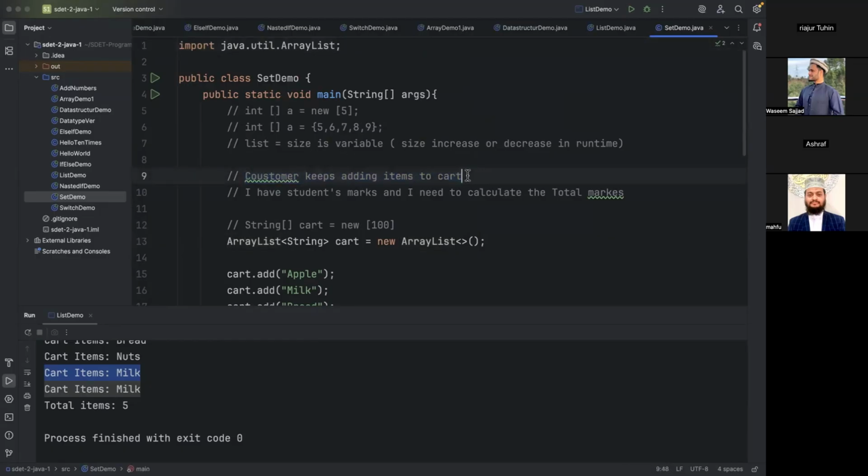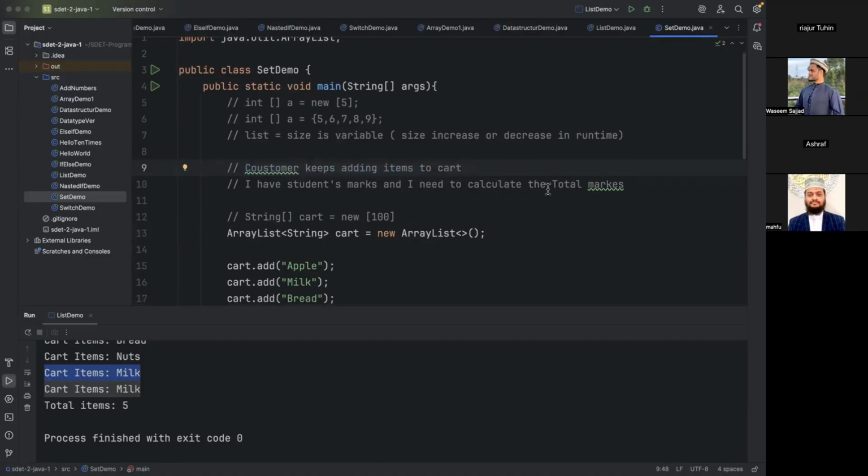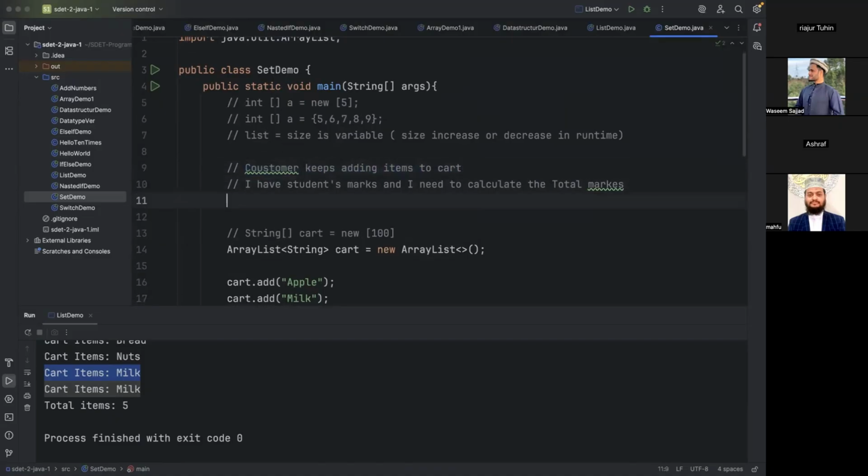But here we can't use it because set takes unique values. Set holds unique items. So that means